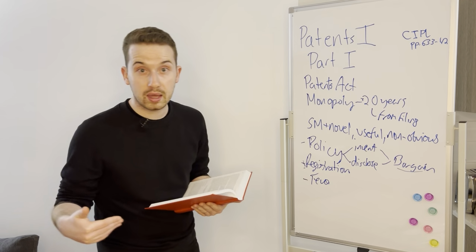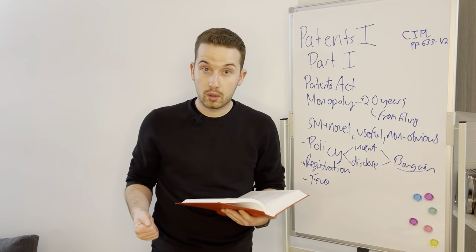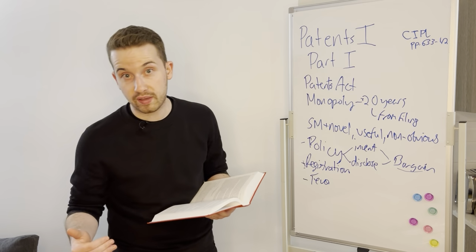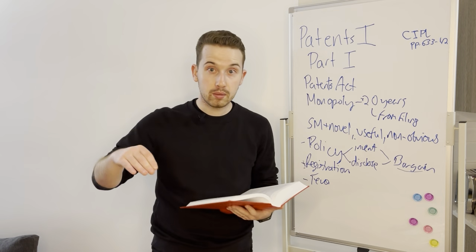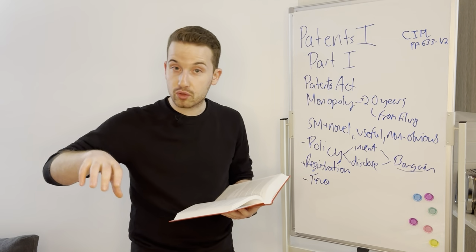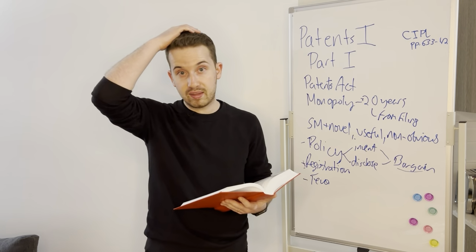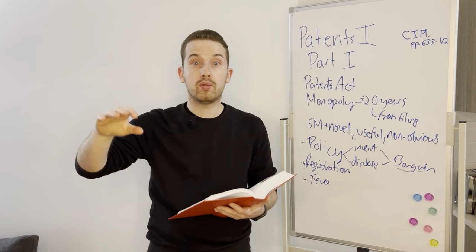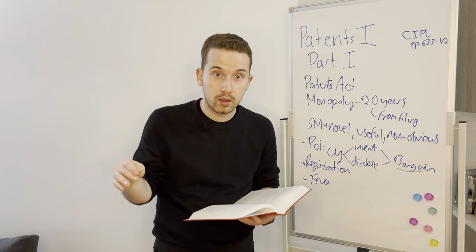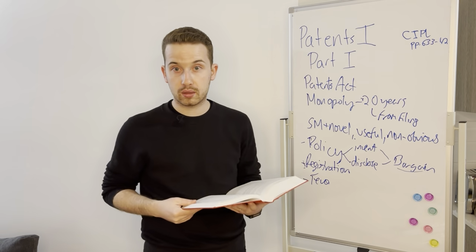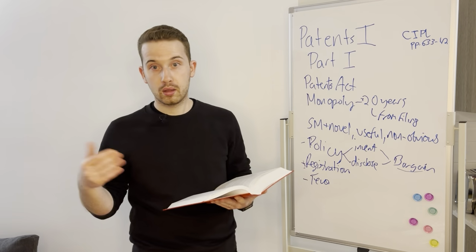Typically the monopoly is for 20 years, but if someone proves that you should never have had it in the first place, there's nothing that prevents a court from taking it away. That's a mistake that we often make, right? Monopoly sounds very strong, but it doesn't mean that it can't be taken away, right? Not because someone wants to change the law, but because someone says you've never had a right to it in the first place, right? They say, got it wrong.